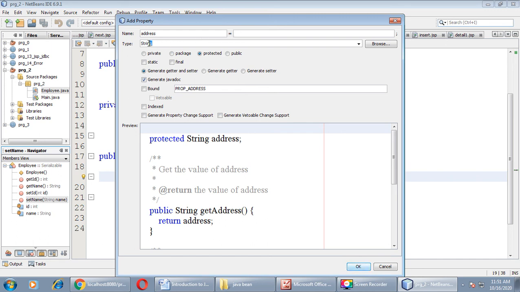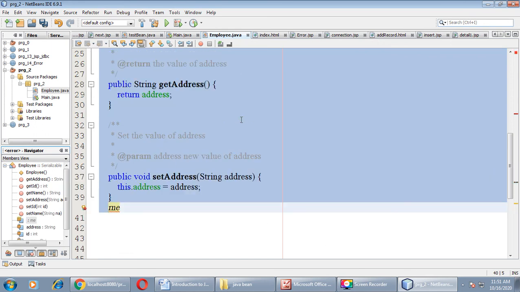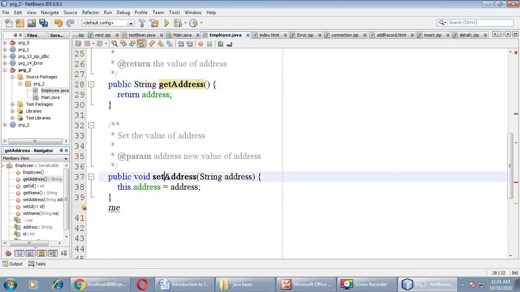You can set the data type as well, String, and make it private. I want to set getter and setter methods. Okay, and click on OK. As you can see, the getter method and setter method both are defined by itself.